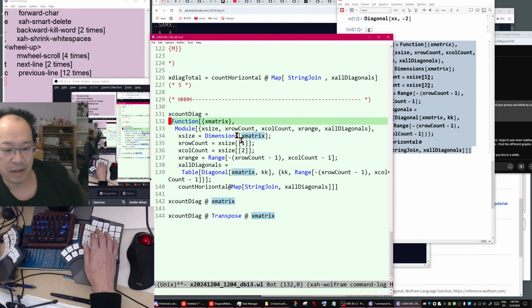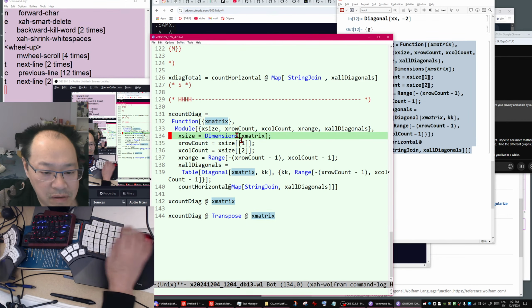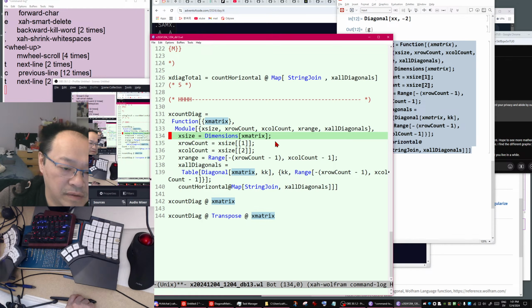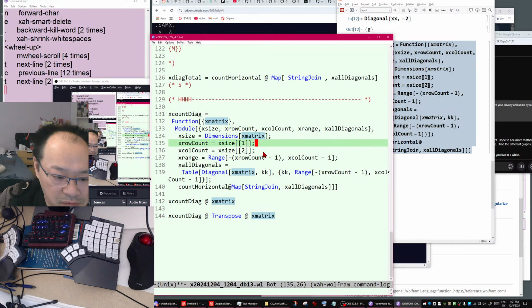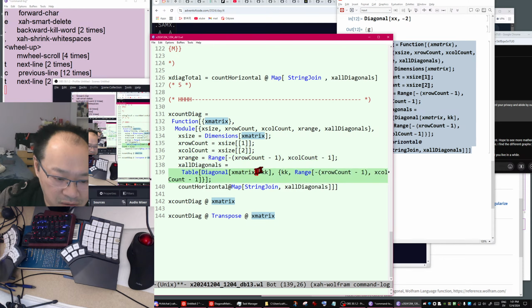Let's double check. Okay, so you got the dimension, row count, column count, then you get the range of values, then you get all the diagonals by calling a table. Diagonals kk goes from this range.